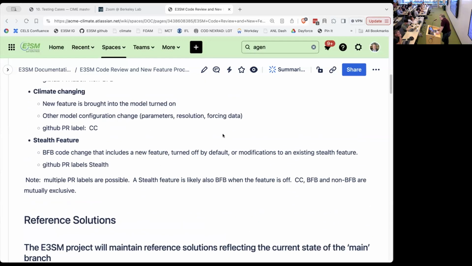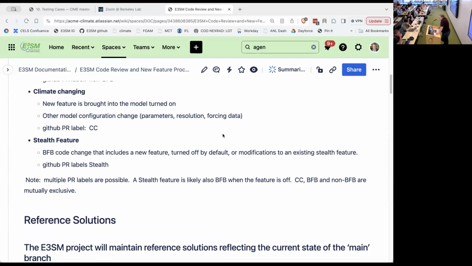Yeah. And a stealth feature doesn't mean it's hidden necessarily. It just means that it's turned off. You've done a lot of code development, you've added a new parameterization, but you've got a little switch that keeps it off from the model unless you set this value to true. And we refer to those as stealth features. It's not pejorative.